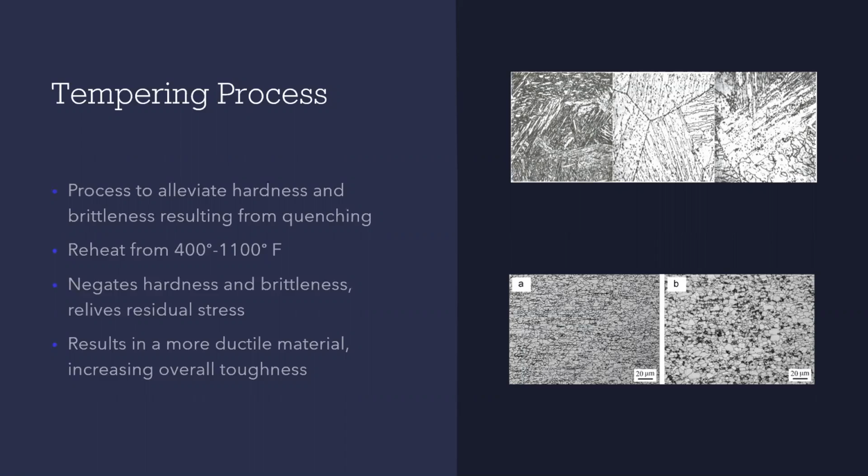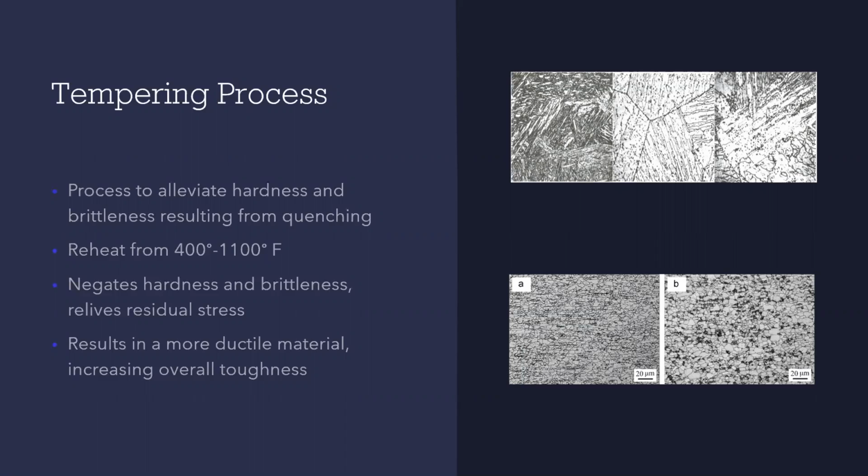This process is used to negate some of the hardness and brittleness caused by quenching, as well as relieve some residual stress formed along the process. Once tempered, the material will have the appropriate hardness, brittleness, and ductility, resulting in a material that will be tougher